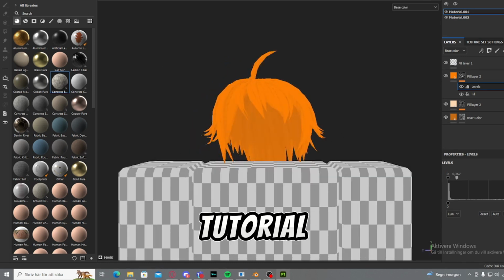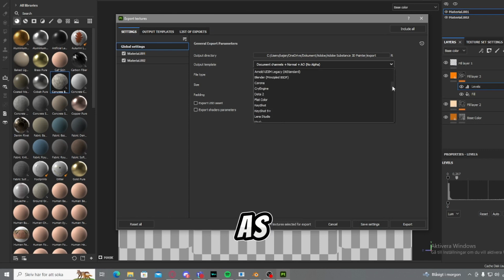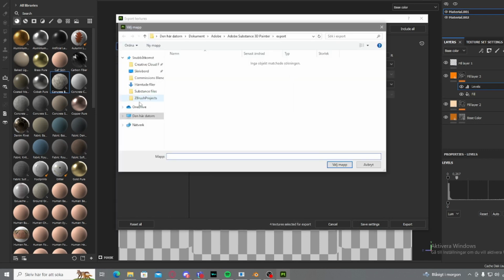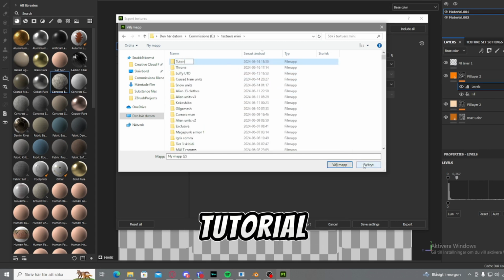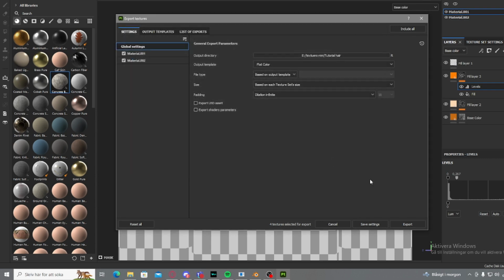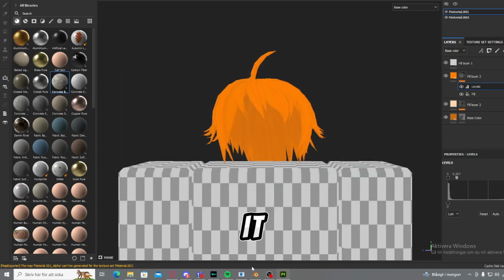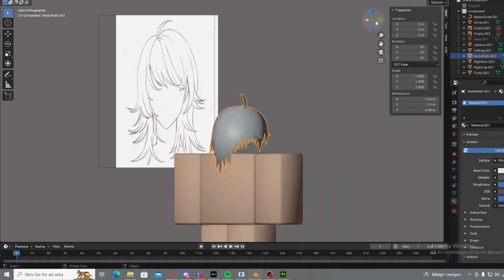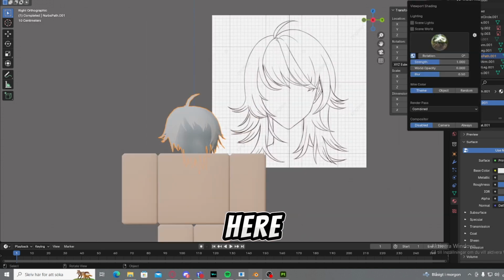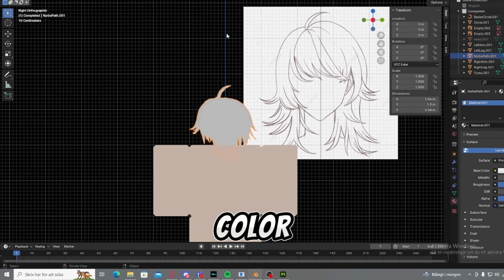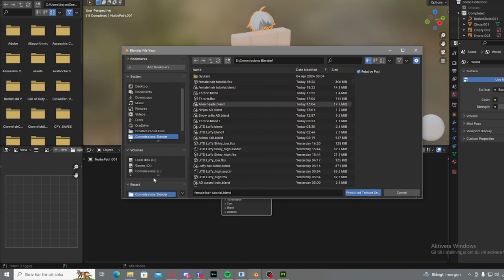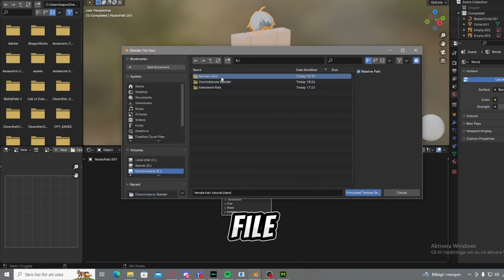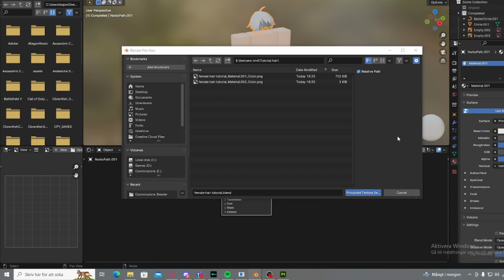this tutorial. So I'm just gonna go file, export textures, export as a flat color. Here, commissions tutorial hair. Choose that folder, export it, go back into Blender, sorry. Go here, enable diffuse color, shading here. We're just gonna find the file that I put it in. So right here,